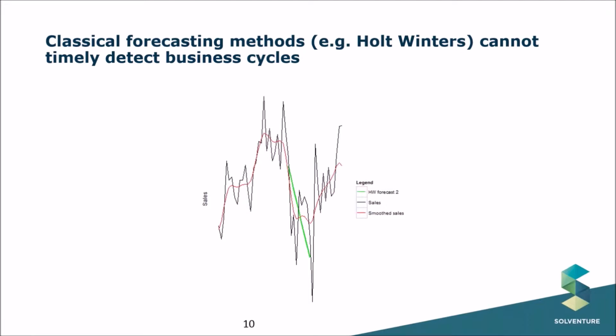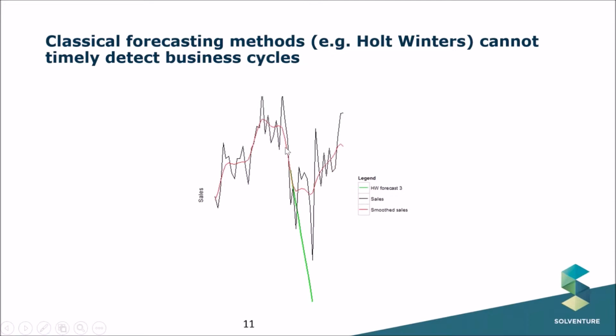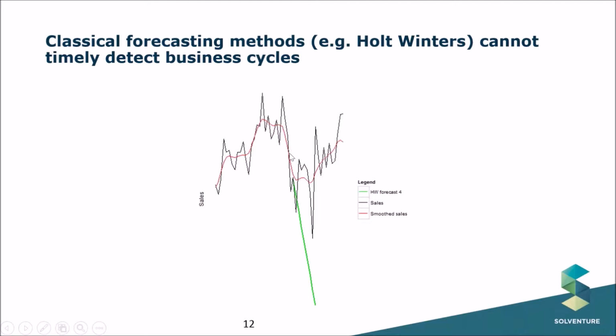What we also see is that as sales starts declining, if we are suddenly dropping back on the sales, a traditional trend technique will overreact. We will extrapolate the recent trend all the way down. Certainly if we take one period further, we see that sales is dropping and dropping and dropping, and a traditional technique will just keep on extrapolating up to minus infinity. You see that the sales bottoms out here. A traditional technique won't see that coming. We will need to wait up to the moment that the sales has already bottomed out